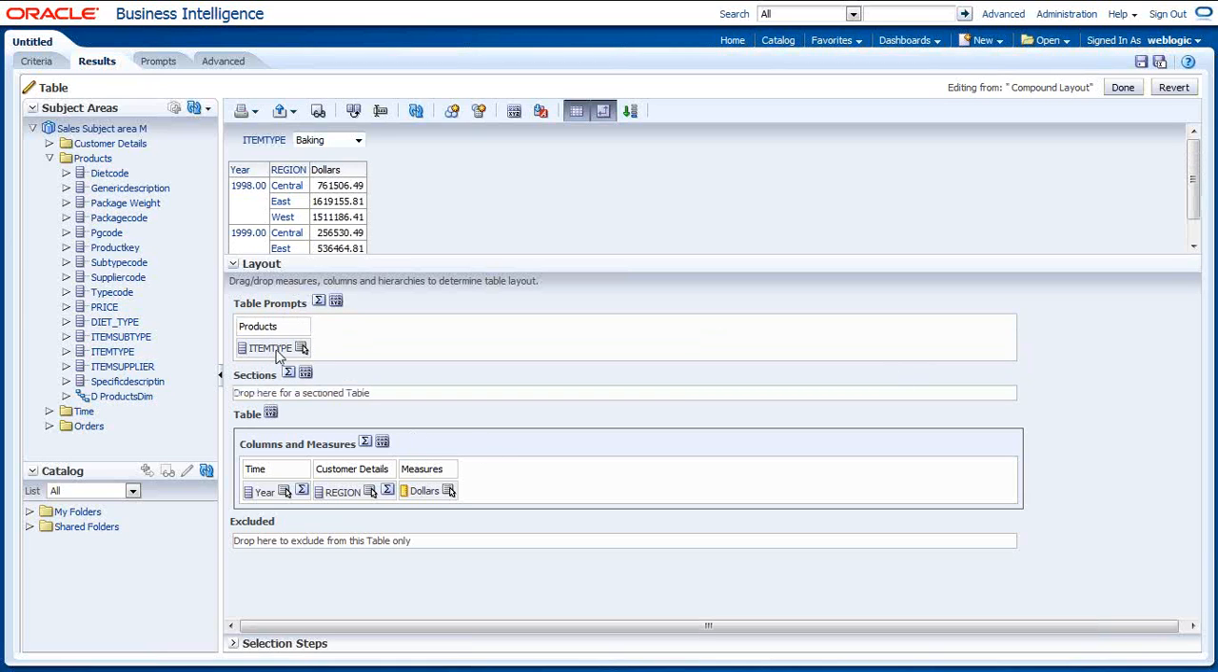The moment I drop this particular column onto table prompts, a prompt will get generated over here. From this prompt, I can have my own selection. And coming to this section,